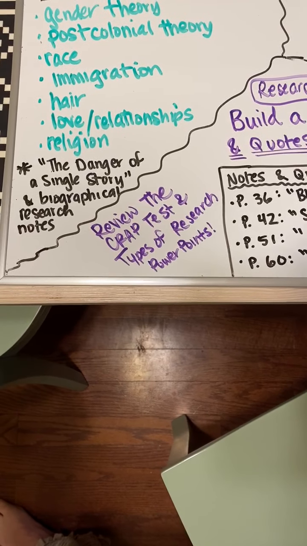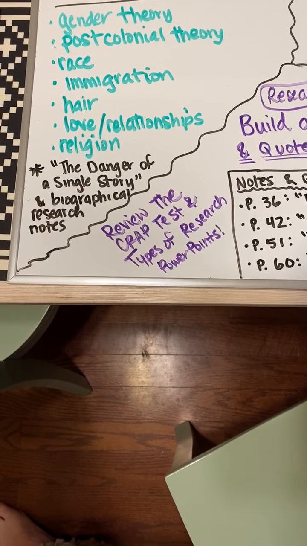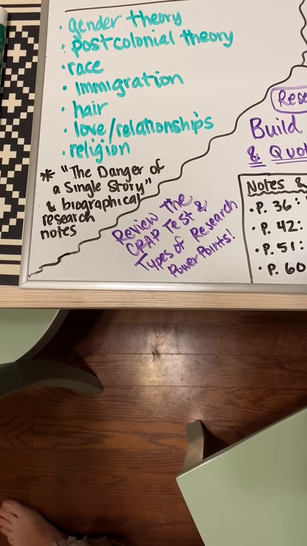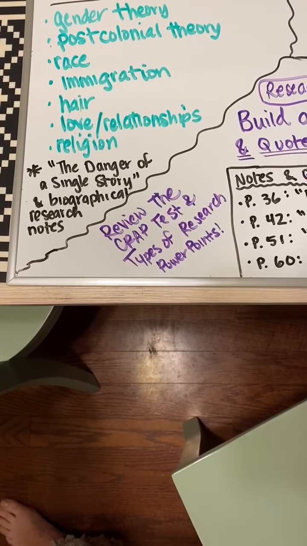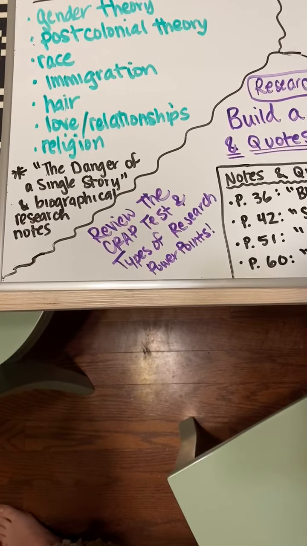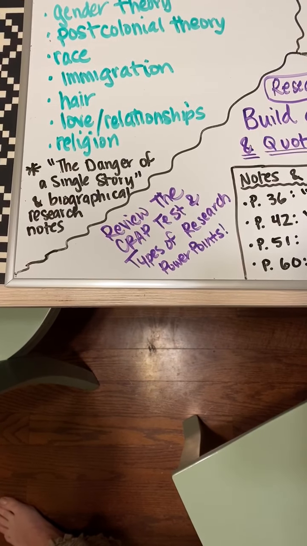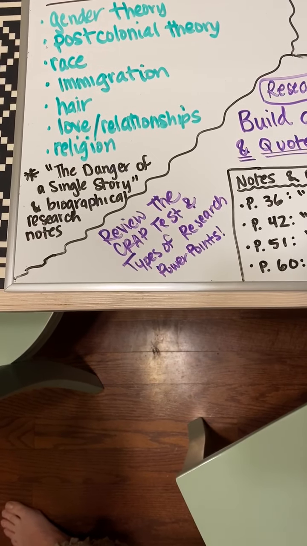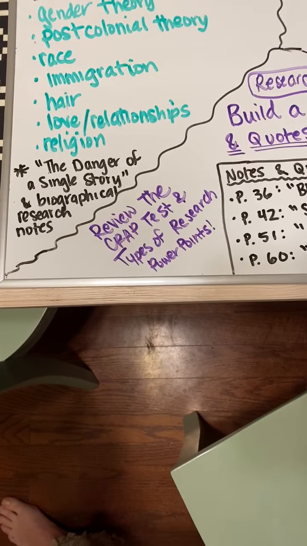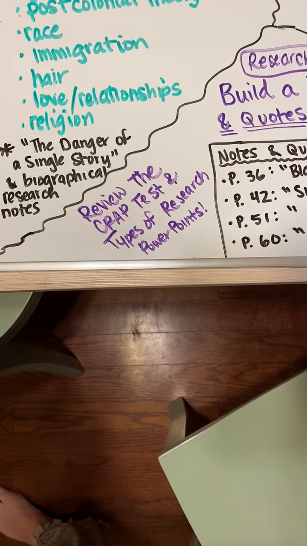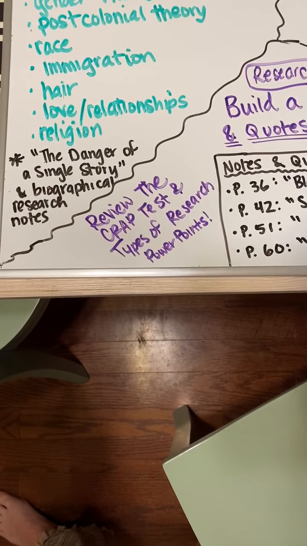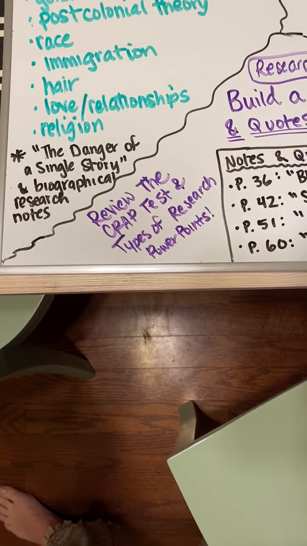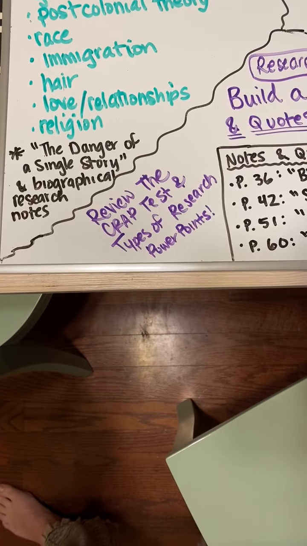I think I used this example in class before, but think of it this way. Let's say you have a piece of writing that discusses climate change. You might be in agreement with 95% of what that piece of writing has to say. But what if you found out that it was written by a fifth grader, who has maybe a fourth grade level of learning? You wouldn't trust that piece as much, even if you agreed with everything, because you want to make sure that the research you're gathering is being done by people who've been doing the work for years and years and years, not people who are unqualified, right? But people who know what they're talking about.